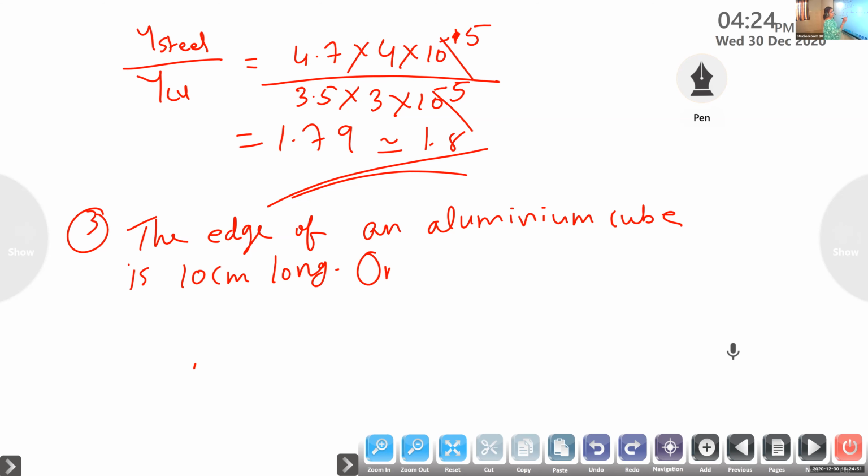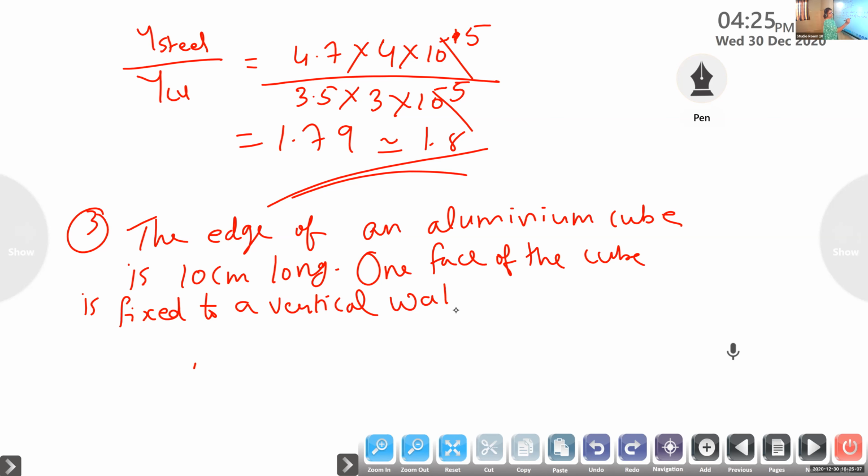One face of the cube is fixed to a vertical wall. And a mass of 100 kg is attached to